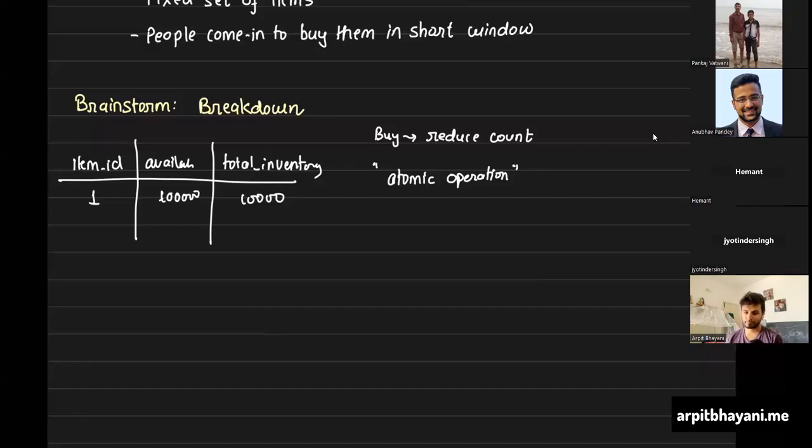Okay, I think we should start from the first, like we receive a request, we put it in the Kafka queue first, then there's another set of workers who would